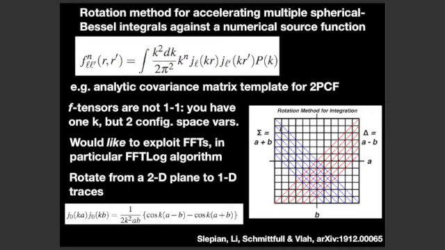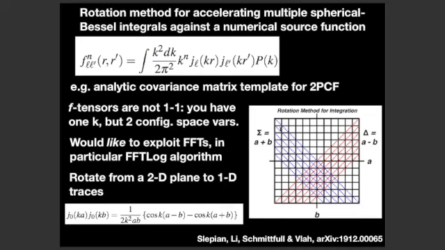Basically, when you're trying to do problems like the analytic covariance matrix template for the 2-point correlation function, you end up with integrals that look like this. You have a spherical Bessel times another spherical Bessel times the power spectrum. And you can even have a k-dependent weight. If you had n equals 1, that would actually be a gradient operator. If you had n equals -1, that's an inverse gradient. And you need to evaluate these if you want to get an analytic template for the covariance.